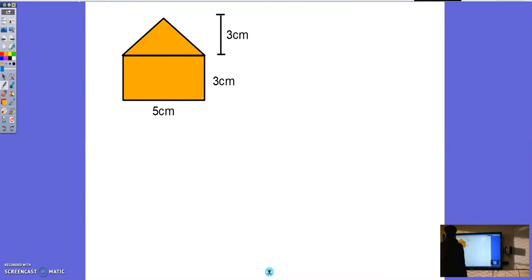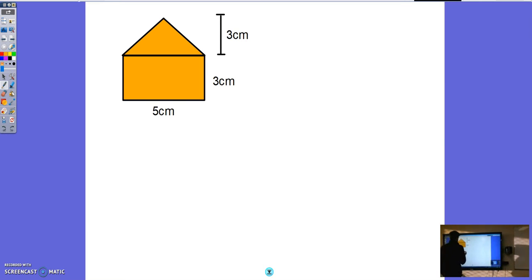Alright, year 9. So today we are looking at composite area. So the area of composite shapes where we have two or more shapes combined. In this case we have a triangle and a rectangle. Now, the first thing we need to make sure is that we have all the dimensions needed to find the